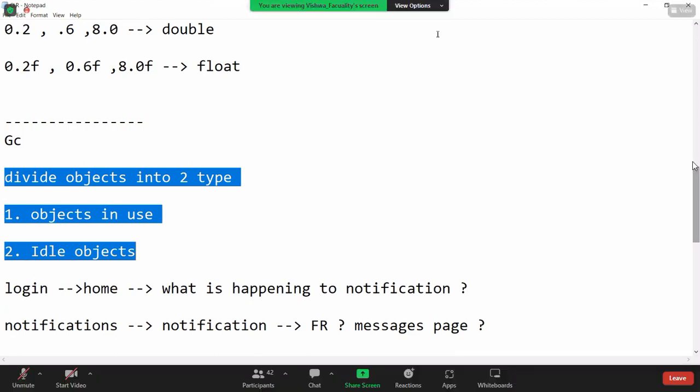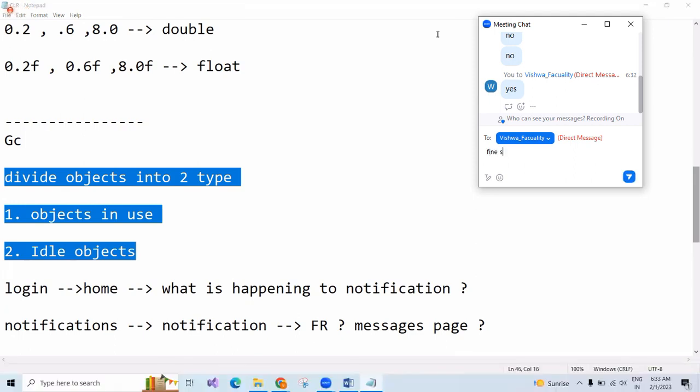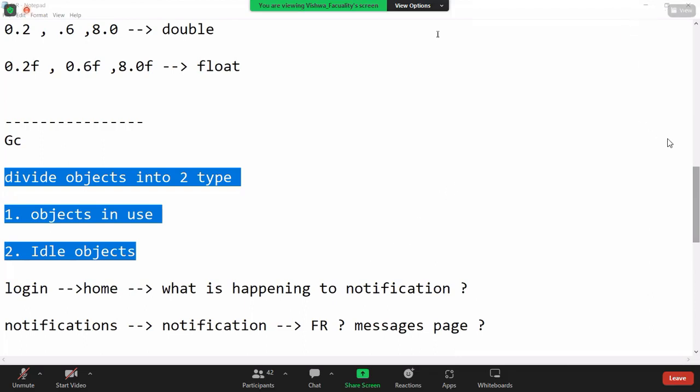See, here we have 42 people. I want everyone to respond here. Divya, Swapna, Yashwant, you came today.